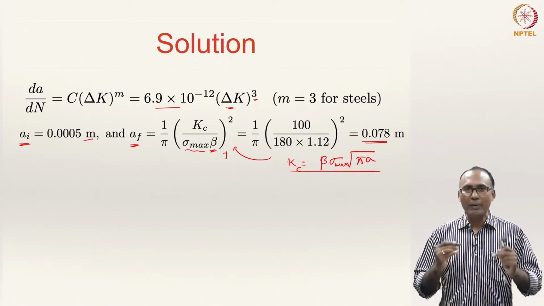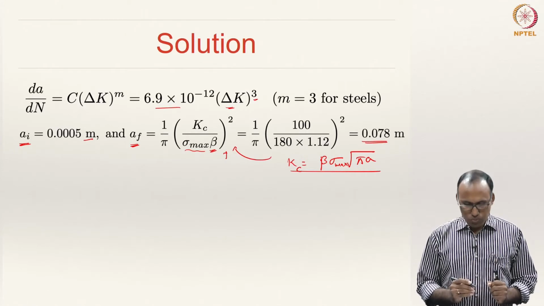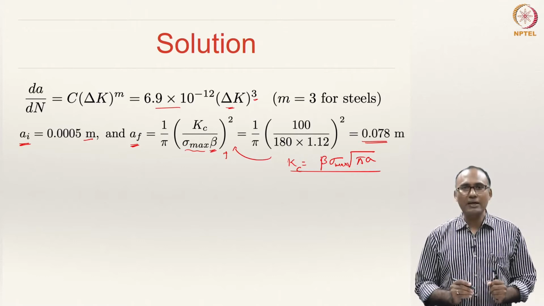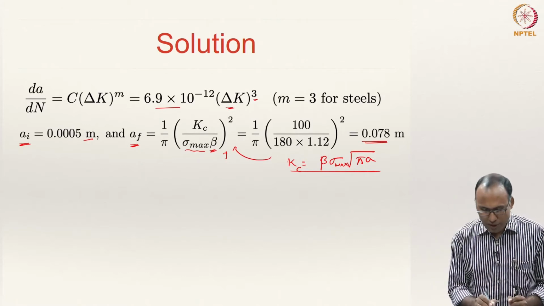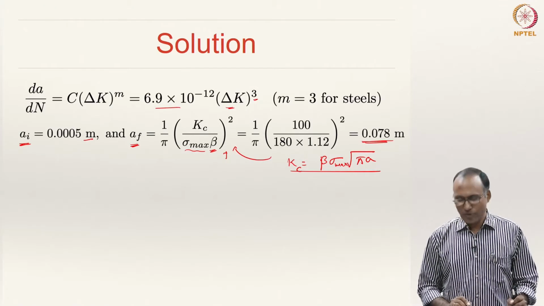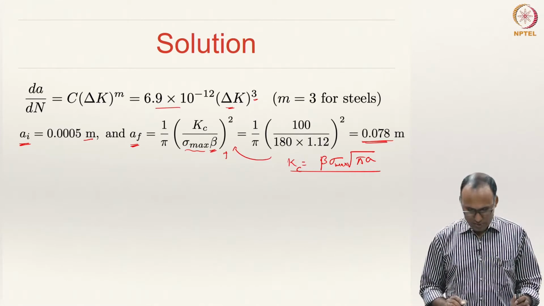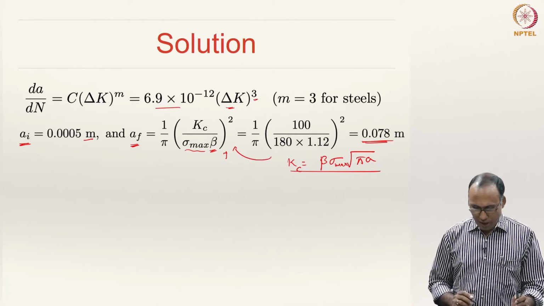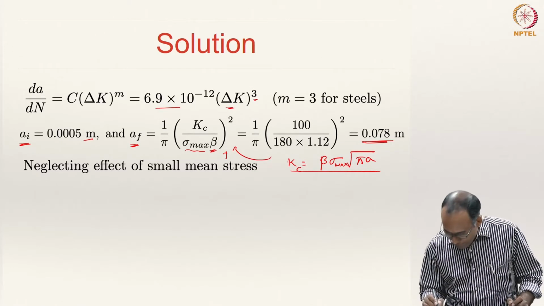That means the material breaks when the crack length grows from 0.5 mm, or 0.0005 meters, to 0.078 meters, or 78 mm in other words, 0.5 mm to 78 mm. All right. So, now you note that